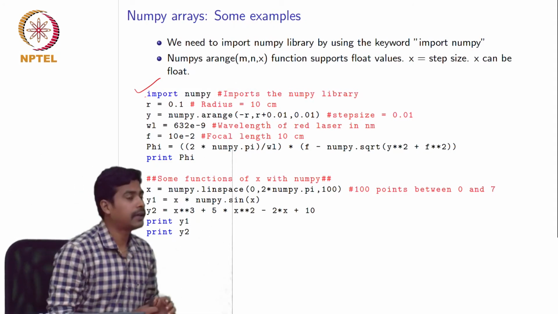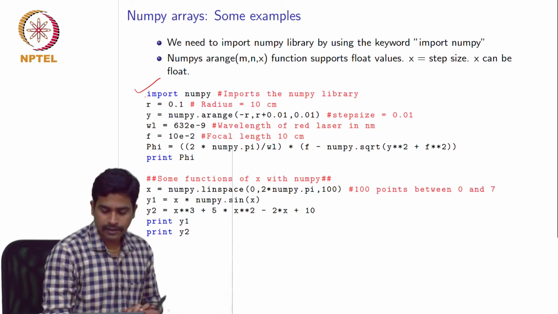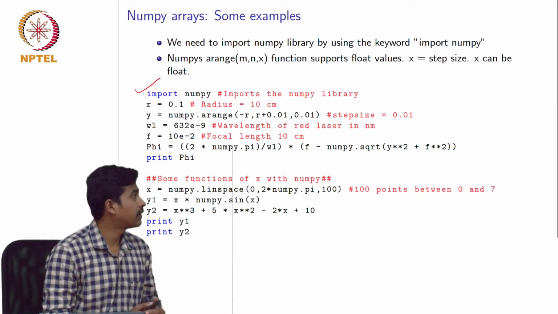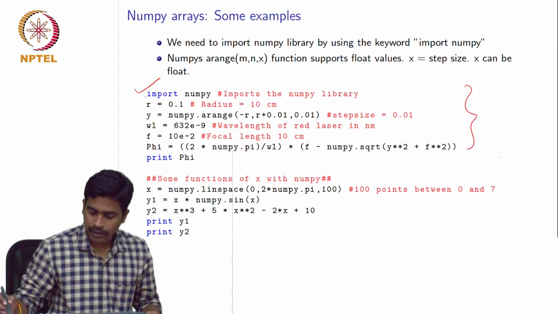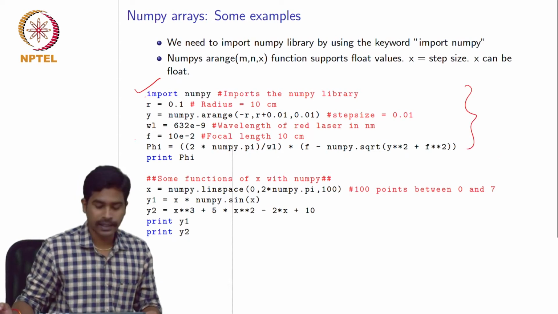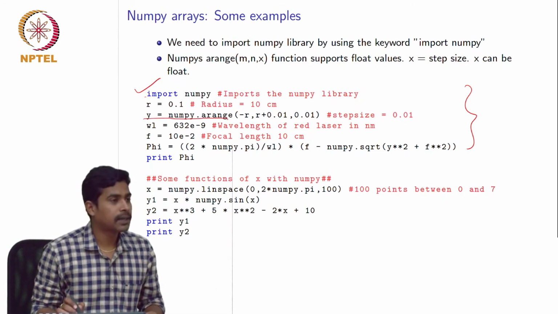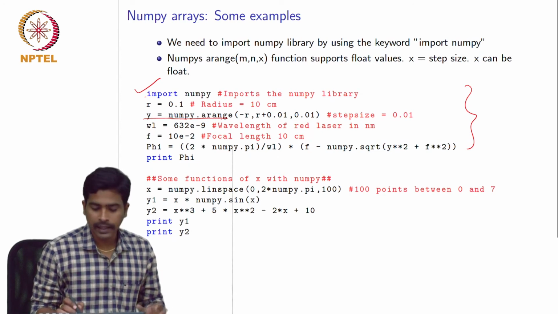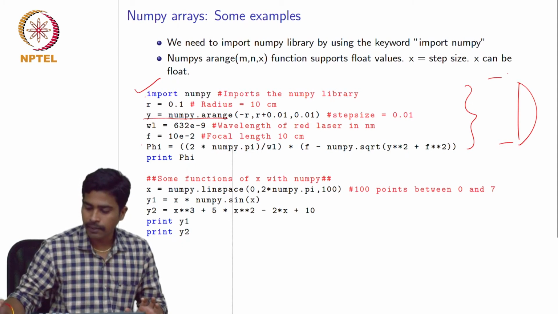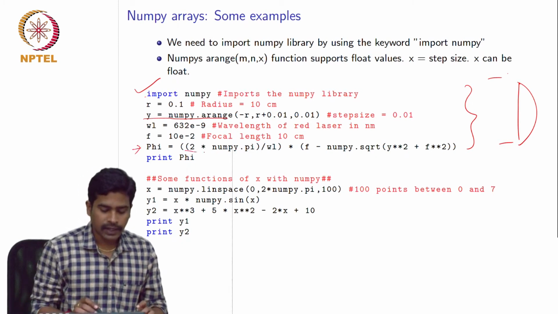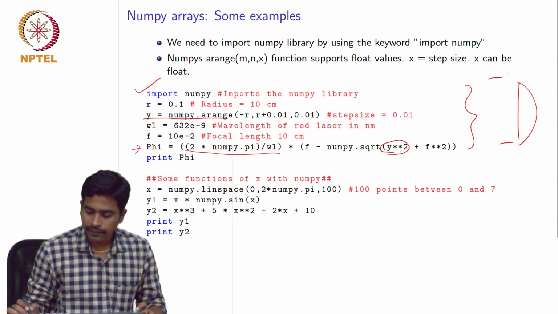Okay, so now we have seen NumPy array is much faster than the list. So now let's see how we do some of the examples that we have seen before using NumPy. In this function, I am calculating the phase function of a lens. The only difference here is that instead of creating a list using the range command, I have used the arange command to calculate the steps, the values from -y to y. And instead of writing the for loop, here I have just directly plugged the value of y in this equation.